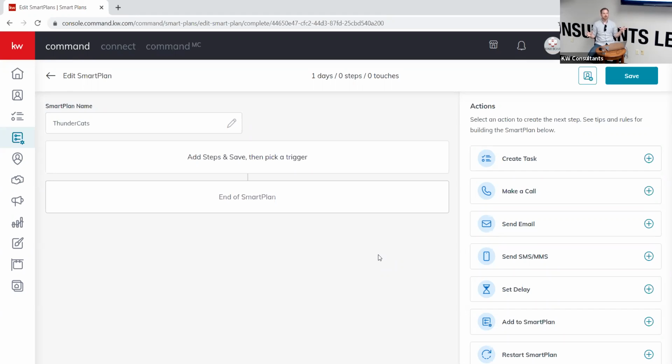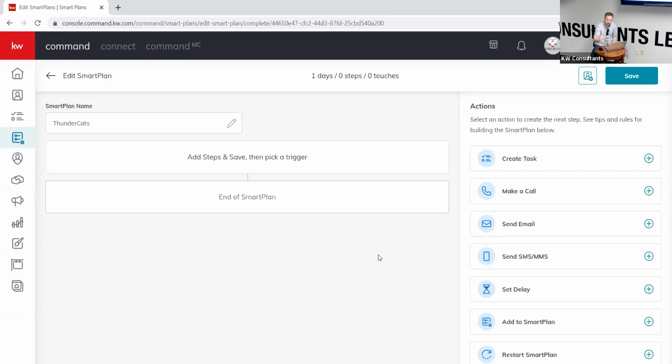The idea is, think about personal command and team command as two completely separate buckets. In your personal command, you have all your contacts in the personal bucket, and in the team command, you have no contacts in the team bucket. So you can access smart plans within the team, but you have no contacts to assign to that team. If you get a lead through the team, say by a Facebook ad, or you manually add a lead to your team contacts and then you assign it, only that lead can be assigned to team created smart plans. Got it. So if you're assigned a Facebook lead, say I was assigned a Facebook